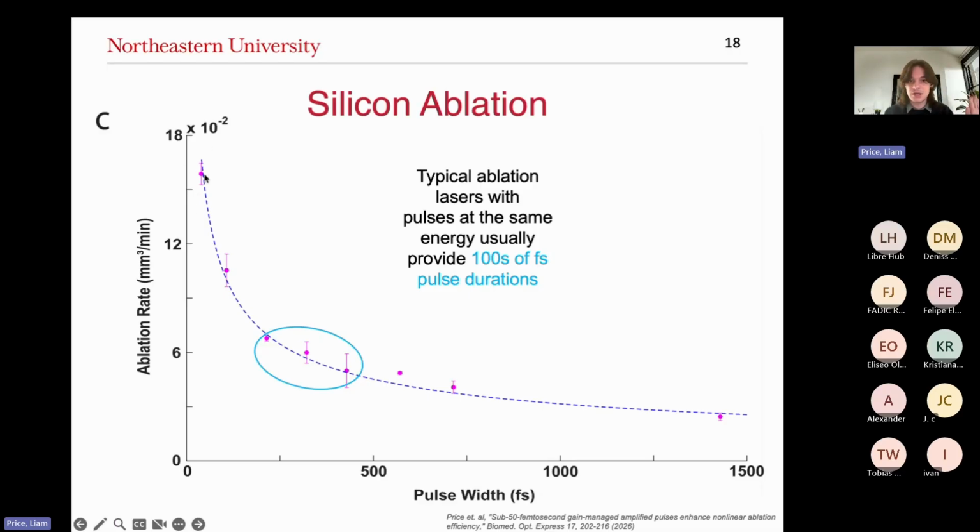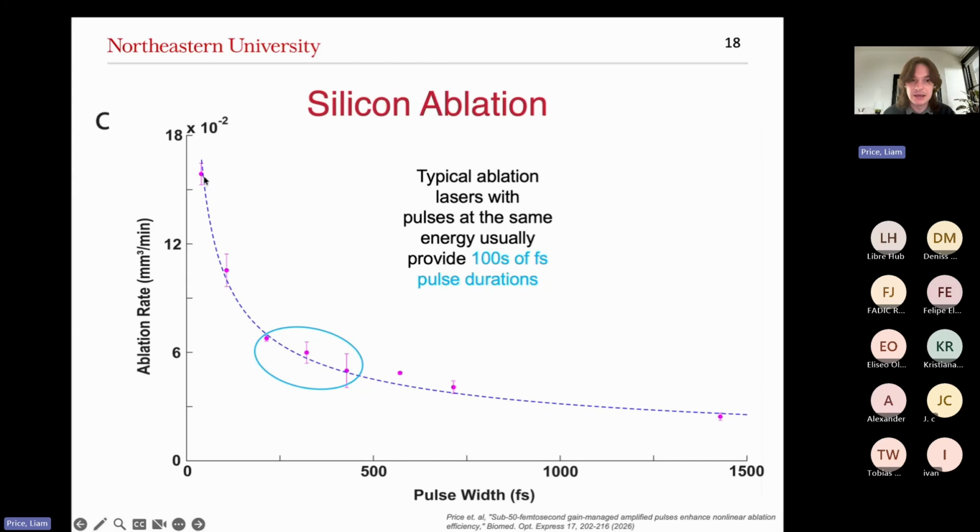And that's without adjusting the laser power or anything like that. It's purely just adjusting the actual duration of the pulse itself. So you can maintain a lower pulse duration and achieve a much higher ablation efficiency